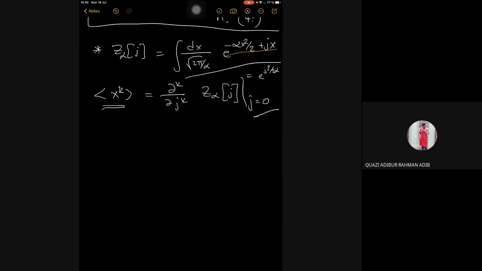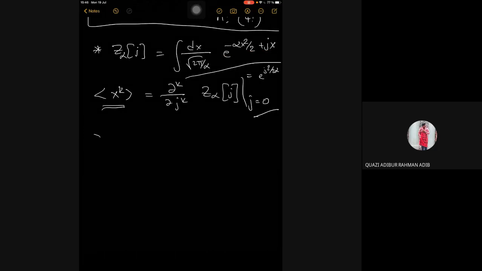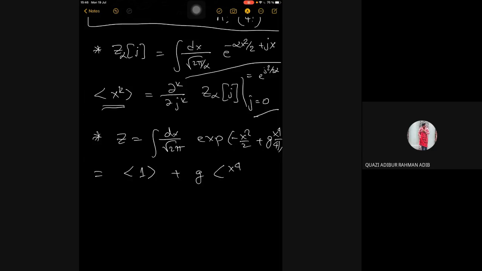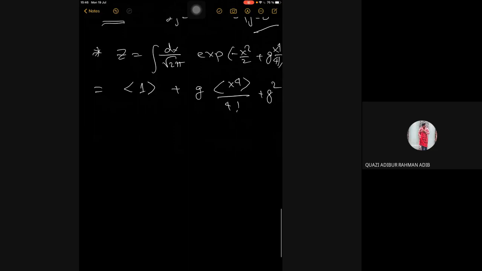Okay, let's see, what else did we study? So for example, if I expand this integral, to remind you what it looked like, g x^4 over 4 factorial. If I expand this, it looks something like this, x^4 over 4 factorial, and g squared, and so on. And x^4 is just